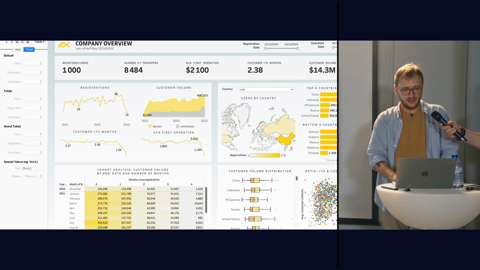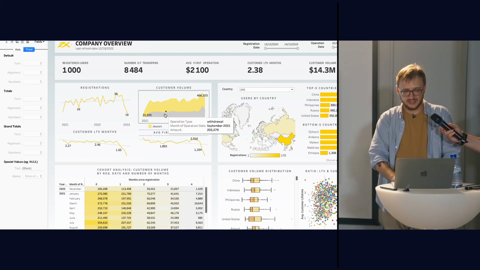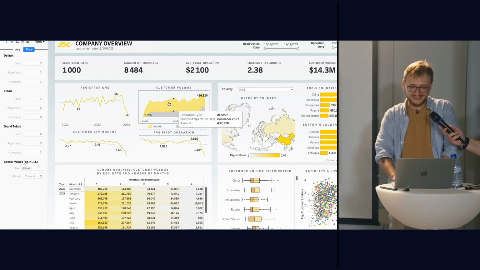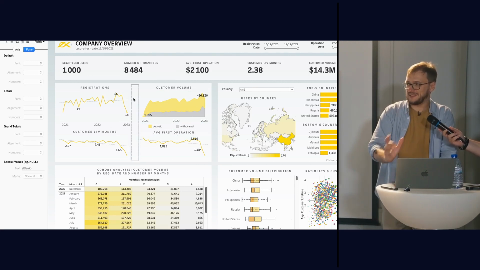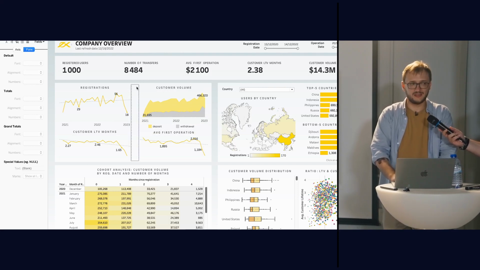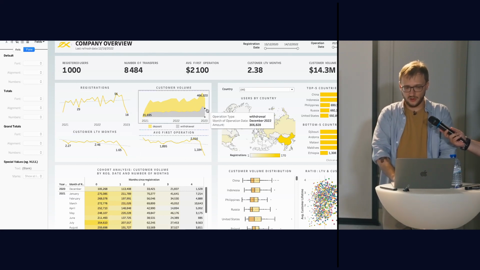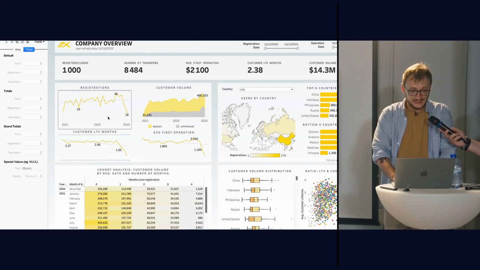As we go down, we can see the same metrics: registration, customer volume, customer LTV, and average operation. But these charts are not located close to our KPIs, and it breaks the enclosure rule, because they're enclosed in their own panel, which is not related to the KPIs.